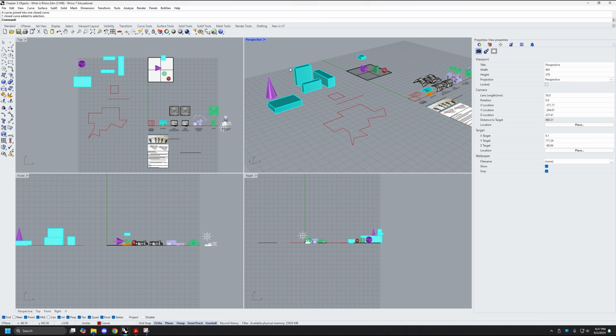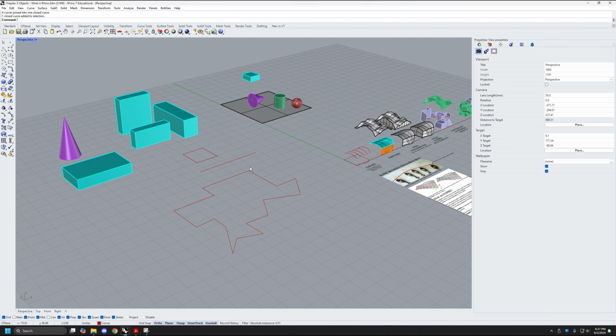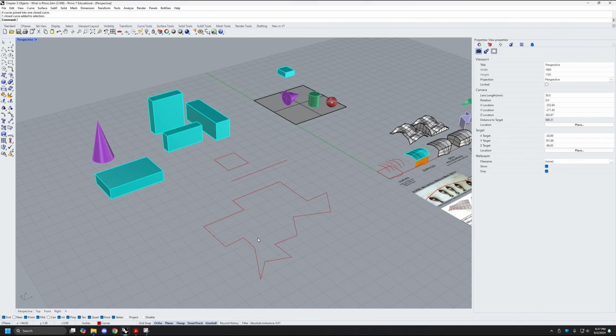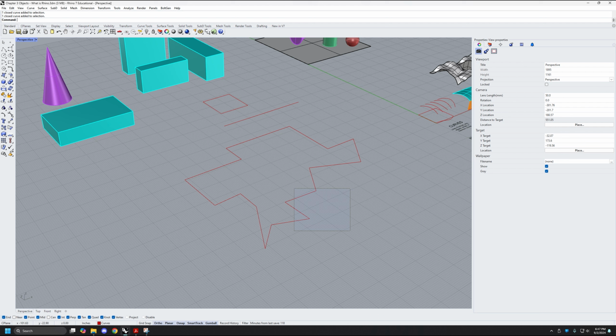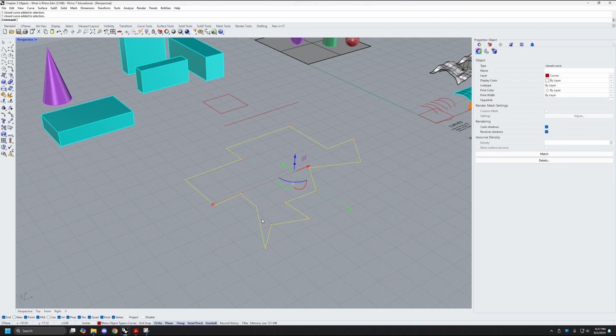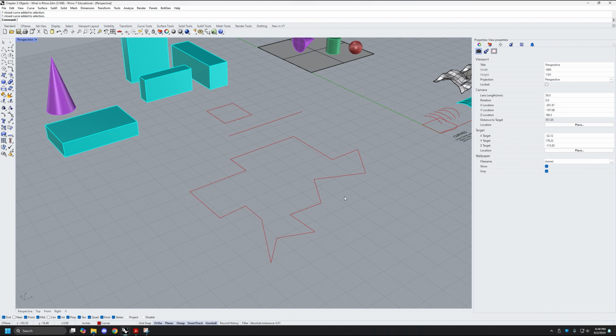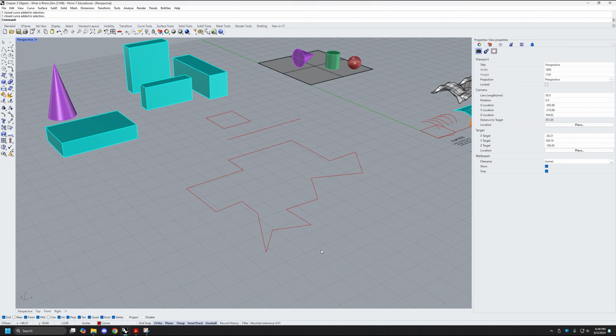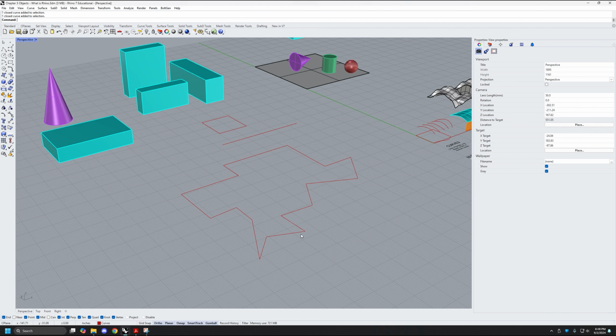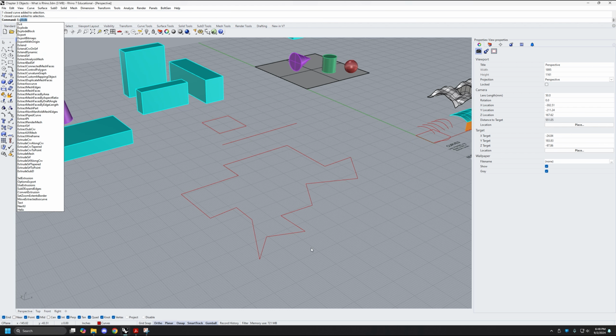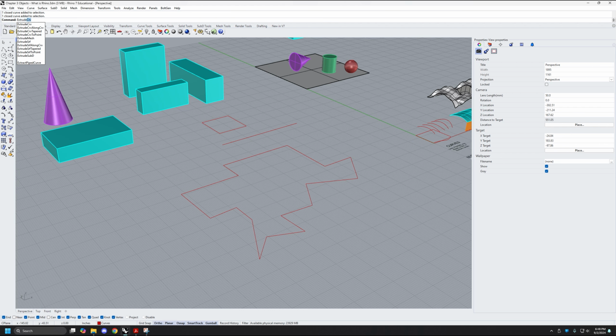One command I want to show you now that we've created some 2D shapes. We'll go back into perspective view. Double click, make that full screen. So say this was our building footprint, some wild looking building, that we want to extrude into a 3D geometry. To do that, there's a few different ways, but the most straightforward is using the extrude command. So we'll type in extrude, E-X-T-R-U-D-E, curve, extrude curve,